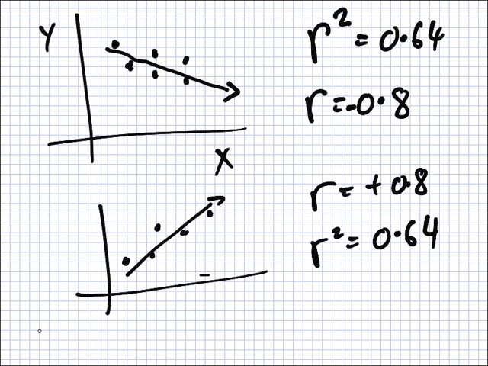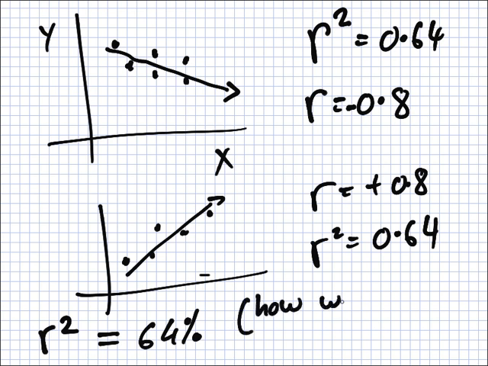The reason is the R squared actually has an interpretation. There's something that you can say about R squared that you can't really say about R. It has a meaning, and the meaning is this: when you convert it into a percentage. So if I say R squared is 0.64, that's 64%. That is a percentage for